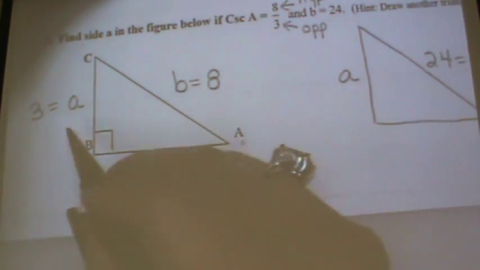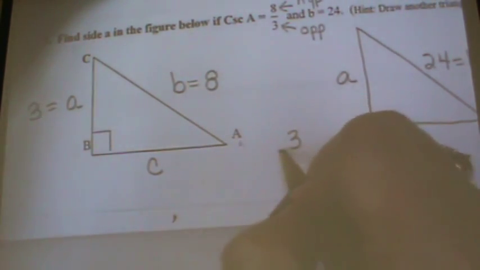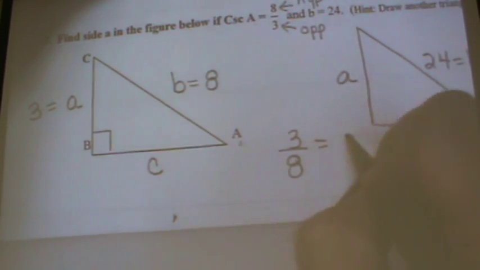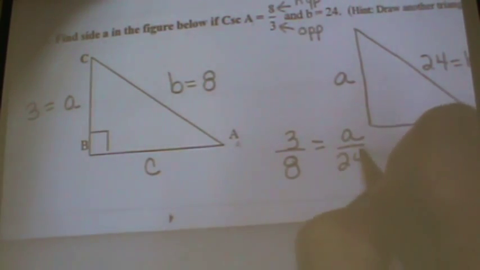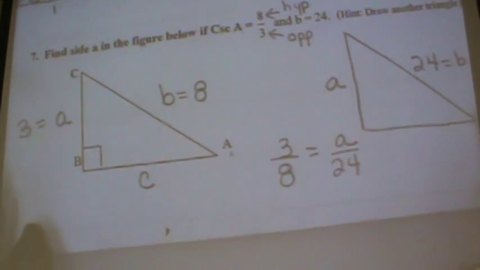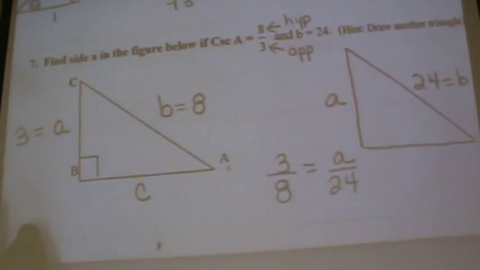So what's the answer? 9. What you could have done was 3 over 8 equals A over 24 and then cross multiply, and you'll get the same answer. Questions? It's easy? Yeah, it was like one page. Okay, now,